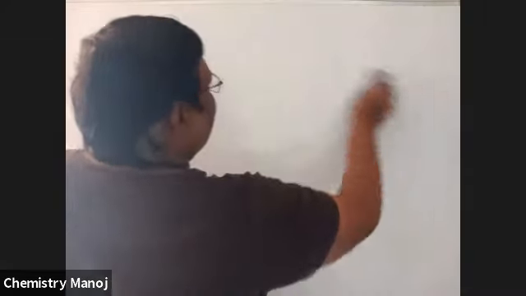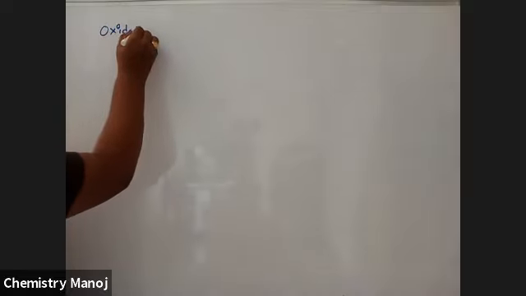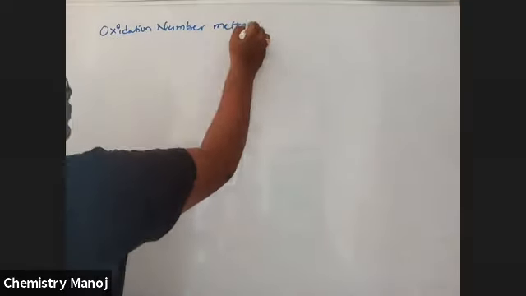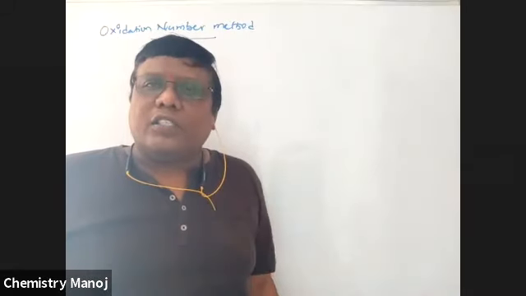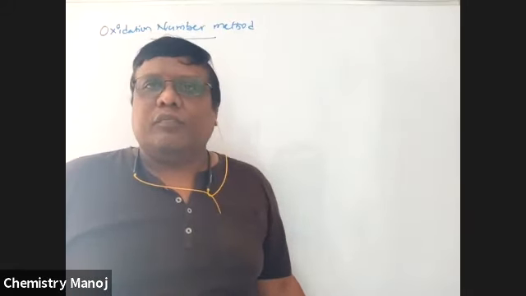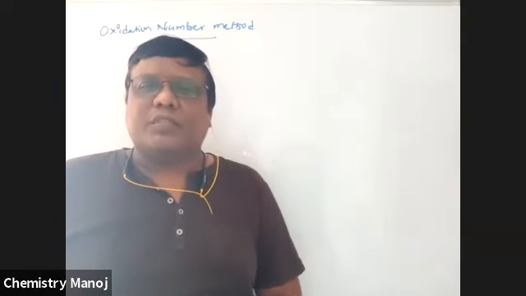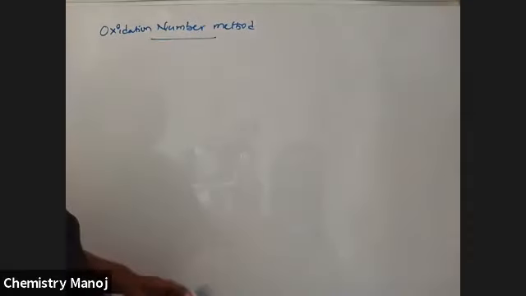So this is the half reaction method or ion electron method up to now. Now I am going to clarify the oxidation number method, the balancing of redox reactions by the oxidation number method. It is the simplest, easiest one when compared to previous concepts. But listen carefully. I am going to take one example.